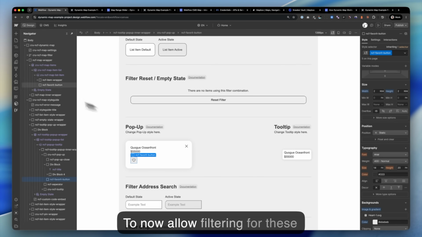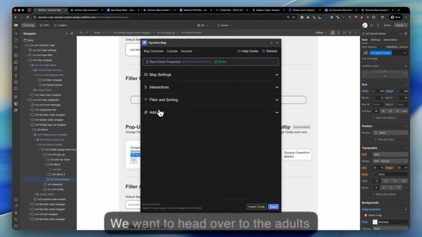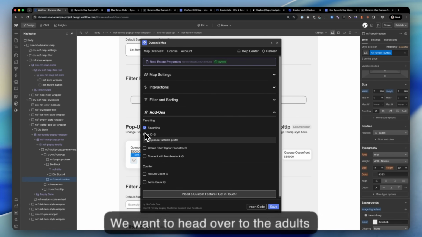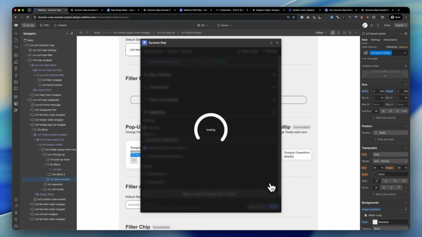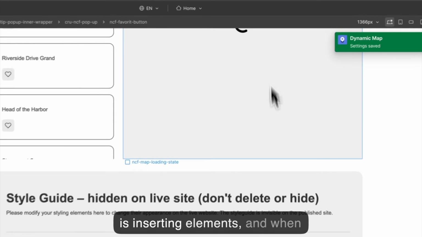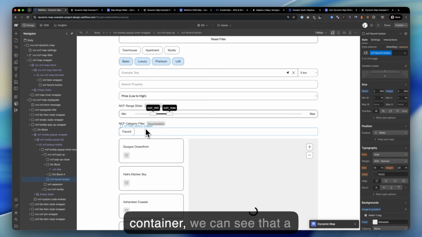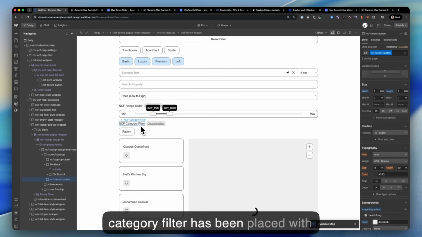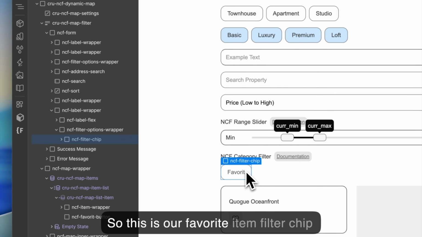To now allow filtering for these items, which comes in handy for some use cases, we want to head over to the add-ons panel again and select the create filter tag for favorites and press save. Now you can see that Dynamic Map is inserting elements, and when scrolling to the top of our map container, we can see that a category filter has been placed with the name favorite. So this is our favorite